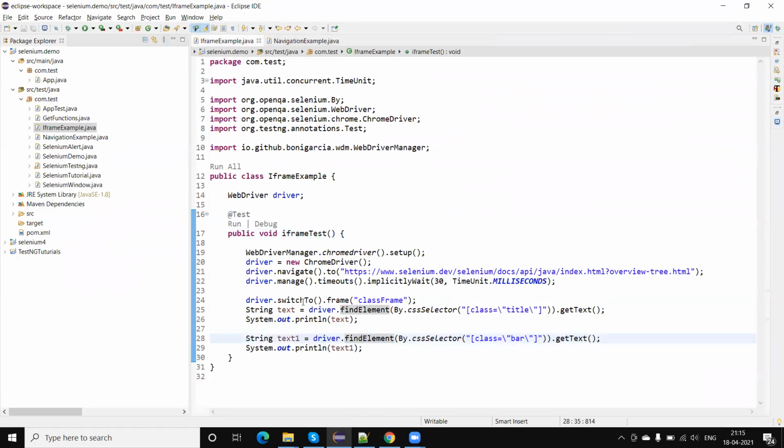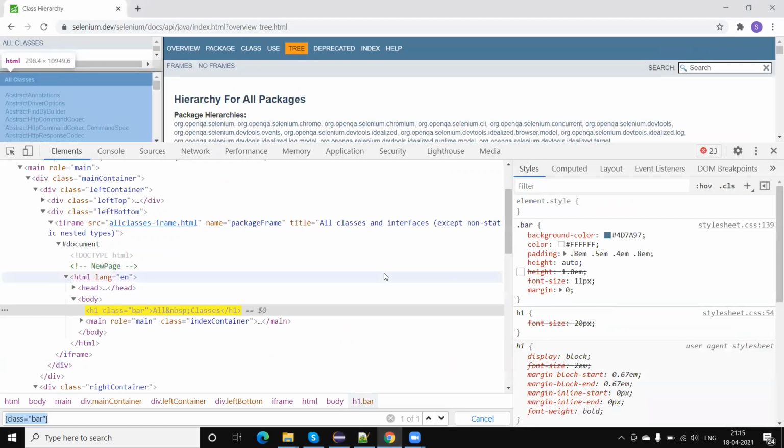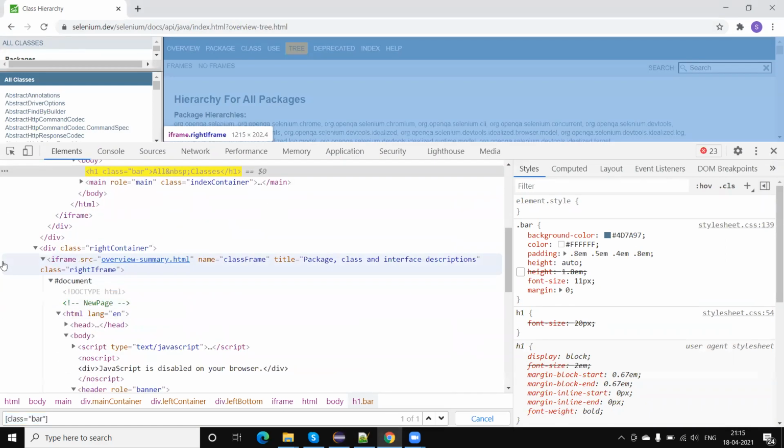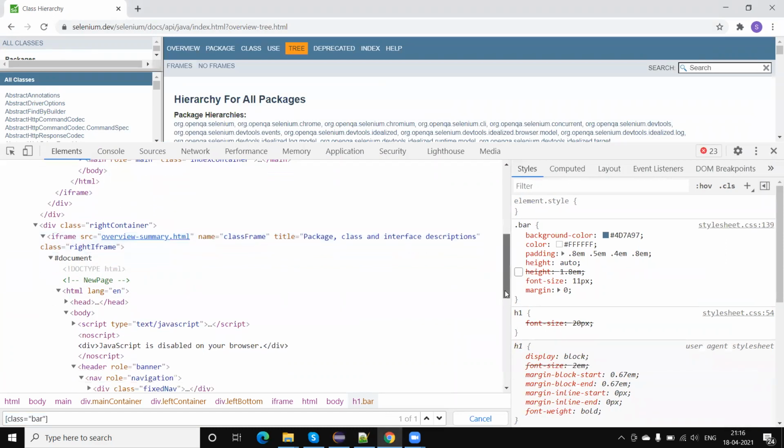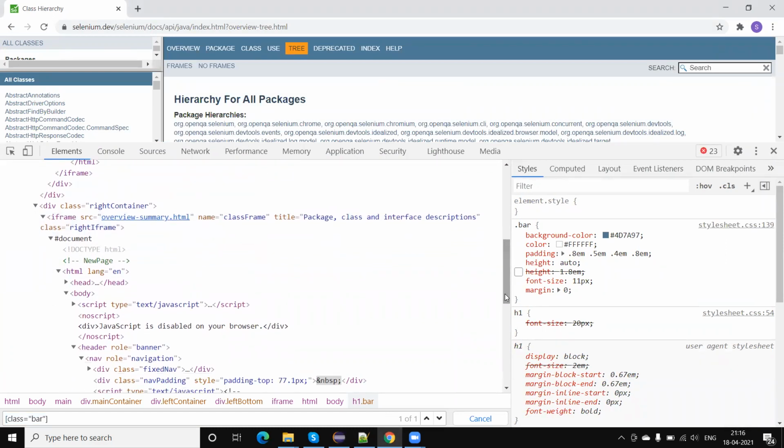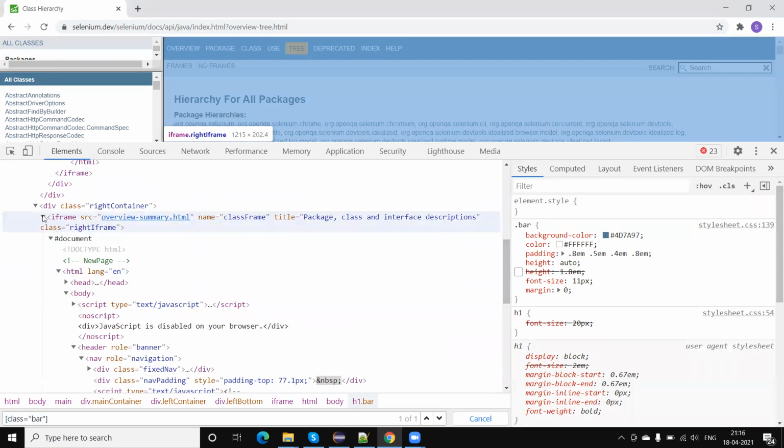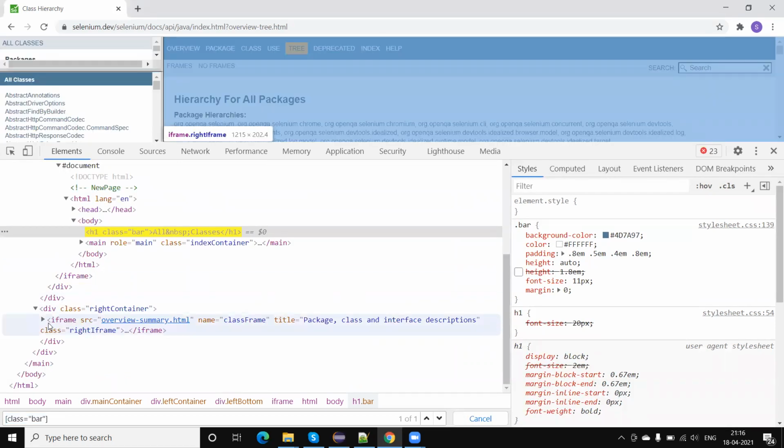Why are we getting it? Because when we switch to the iframe, our control is within this frame. So once we switch to the iframe and then try to use driver.findElement, it will look for the element locators only within the iframe, not outside of the frame or in any other frame. So now what we need to do is move our control back to the main document object model, and then switch to this frame.